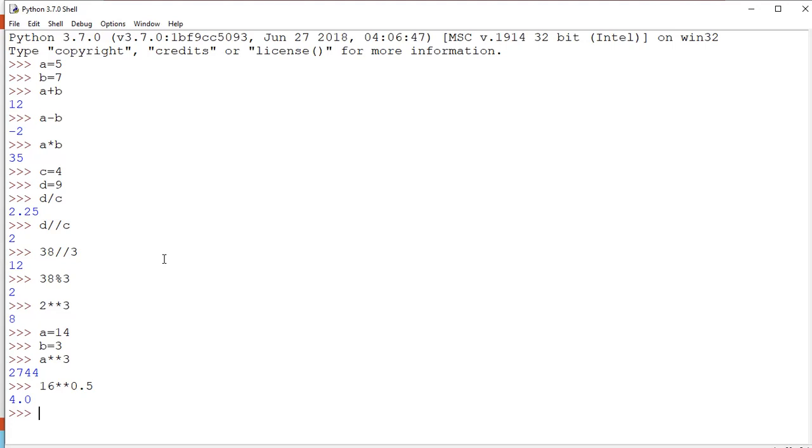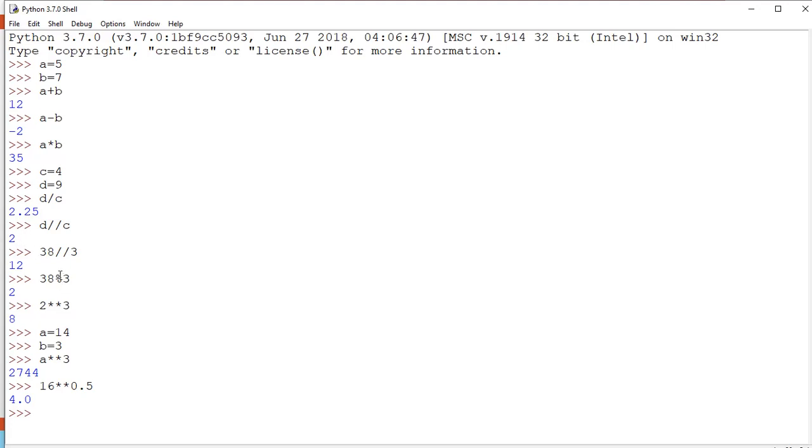Okay, so in this way you can say that whatever task is related to the modulus, exponentiation, or floor division operator can be performed by these binary operators. Let's remember the names once again. This is the floor division. The floor division will remove the fractional part from the answer and provide you the integer part only.